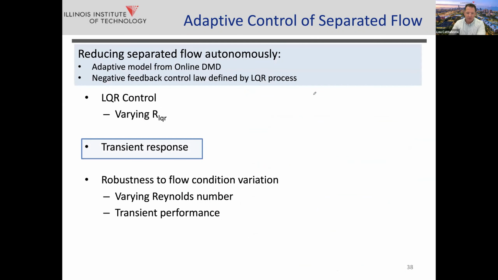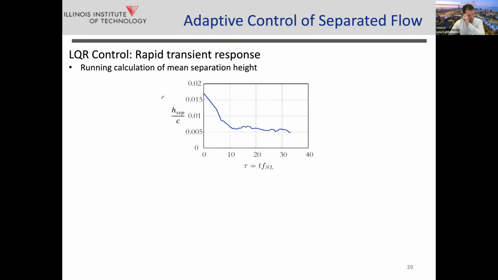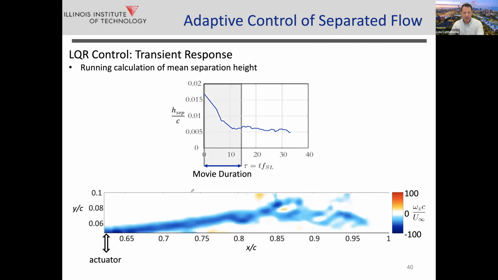How fast does this work? So here what we did is Eric was measuring with time resolved PIV. He turned on the control and he was measuring this with the time resolved PIV, and he was computing essentially a running average of the separation bubble and then extracting from that its height. And you can see that go from the baseline at the initiation of control, and after about 10 cycles, okay, that's about 1/10 of a second in physical time, you establish control, and then he can hold it for quite a long period of time.